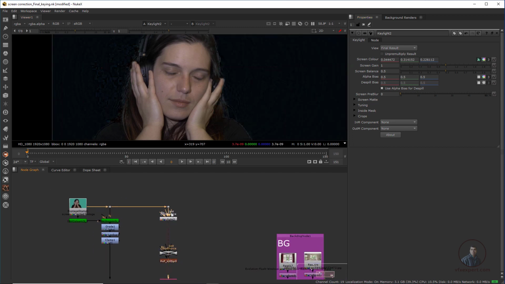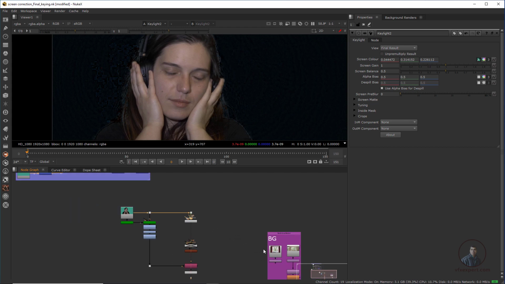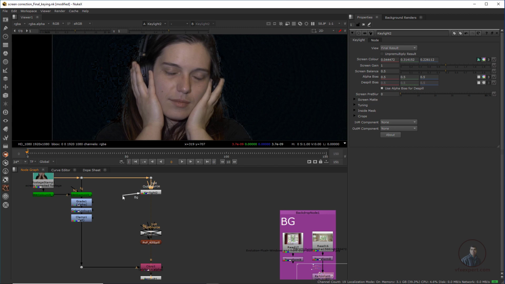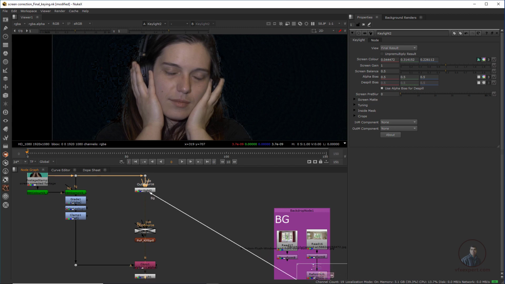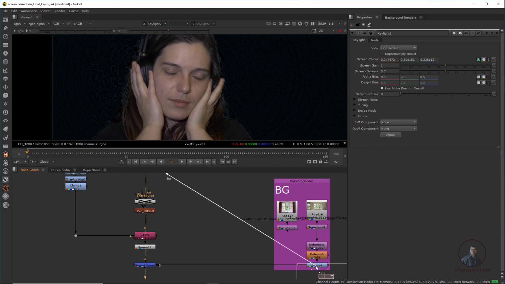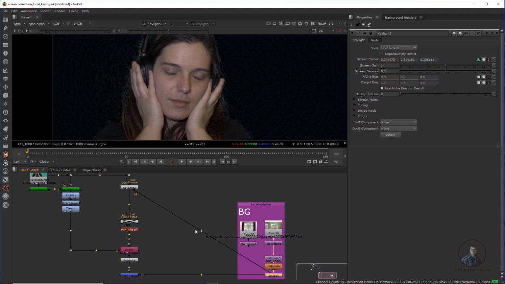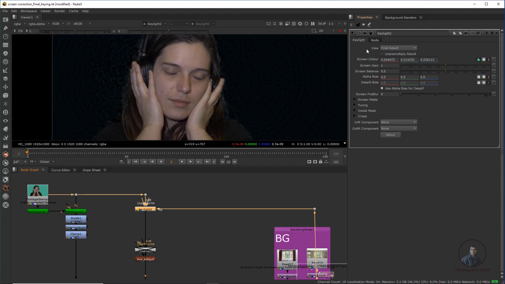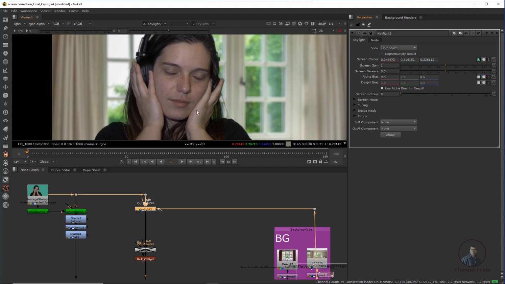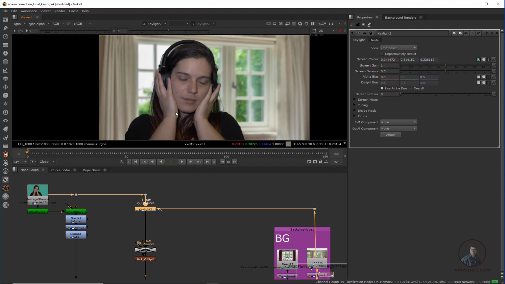Then after this, in our background, we have to use our original plate, whatever plate you are using as a background. So we have to connect it with this BG. I am using this one, so this is our background. Till grade, this is our background, because all corrections I have also done with this background. From here we have to connect and select this one, double click, and in the view result we have to select this composite. So you will get this thing here. This is looking good.